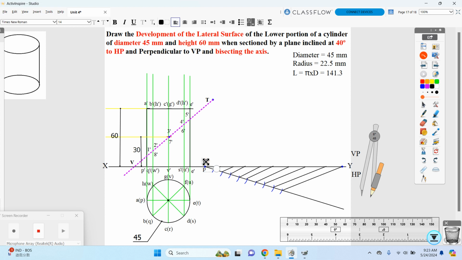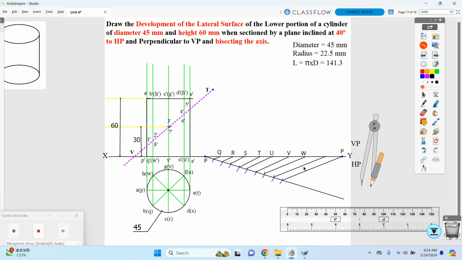Let us consider this as capital P, this is Q, consider this as R, consider this as S, consider this as T, consider this as U, consider this as V, consider this as W, and once again over here as P. Okay. This as P, so your lines may get very